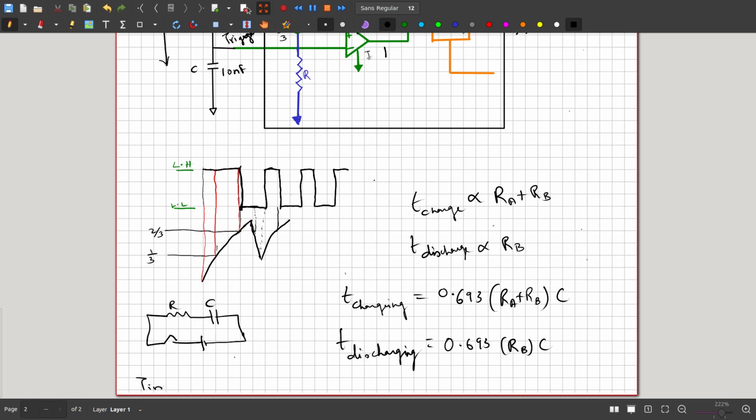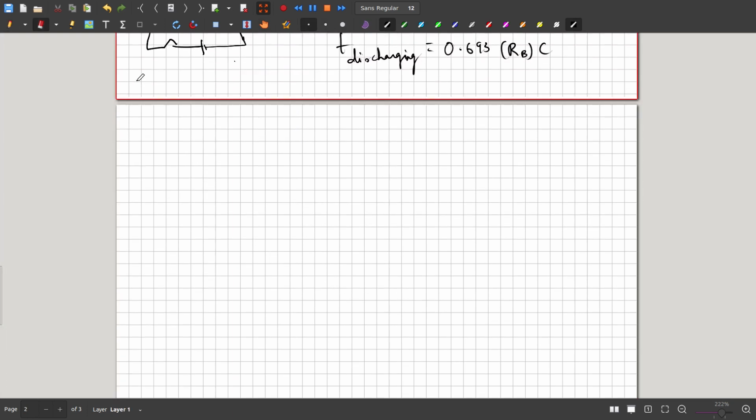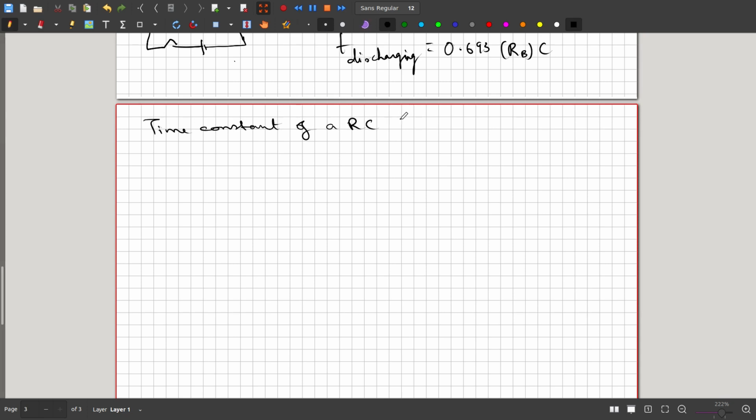Let me write in a new page. Time constant of an RC circuit